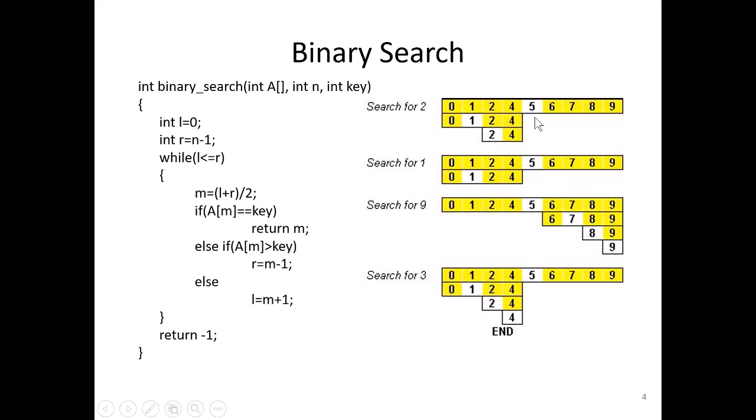Now after finding the mid element, I found the value 5. This 5 is compared with the search key. If it is not matched, the element should be available on the left-hand side only, because the list is sorted. So if 5 is not matched, the key should be less than 5, that is, it should be less than 2 is to be found in the left part of the list. So we can identify or find that part of the list.